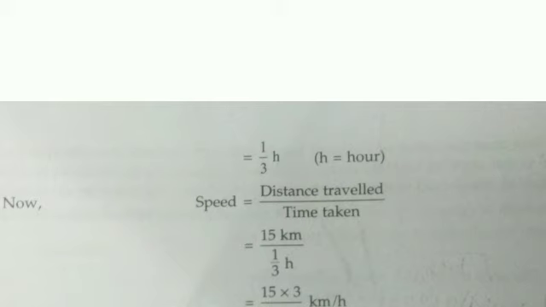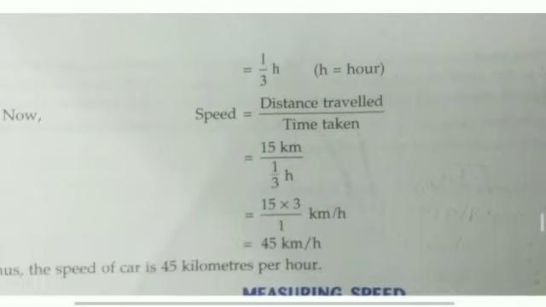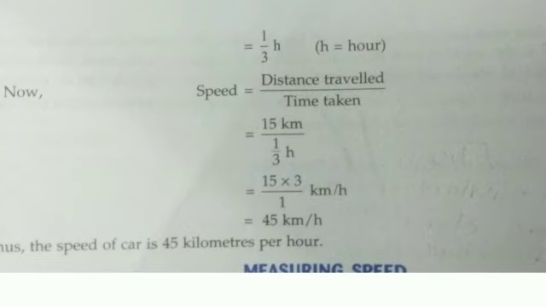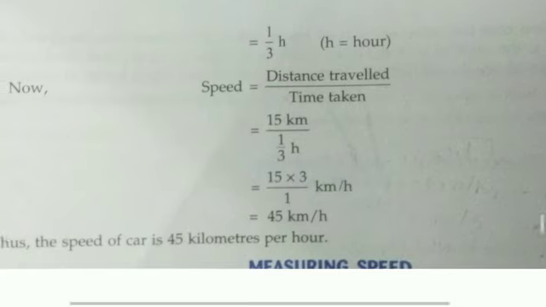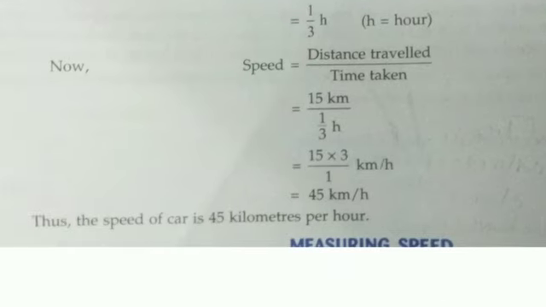So speed will be distance by time. Distance is 15 and time is 1 by 3. So 3 will go up and it becomes 15 into 3 by 1 is equal to 45 kilometer per hour. So the speed of the car is 45 kilometer per hour and